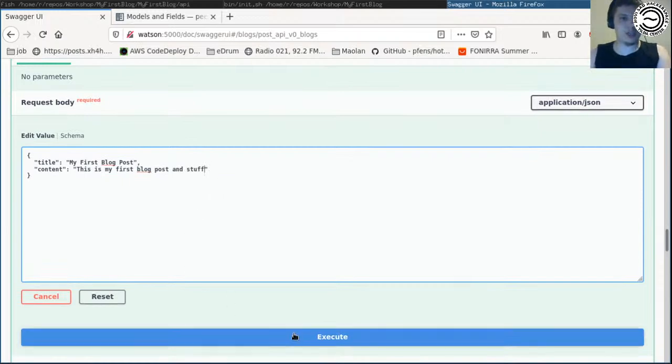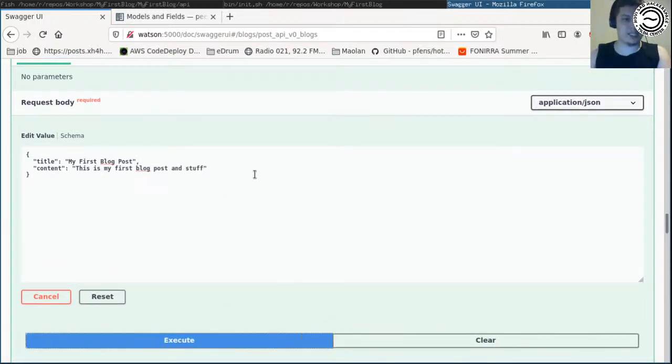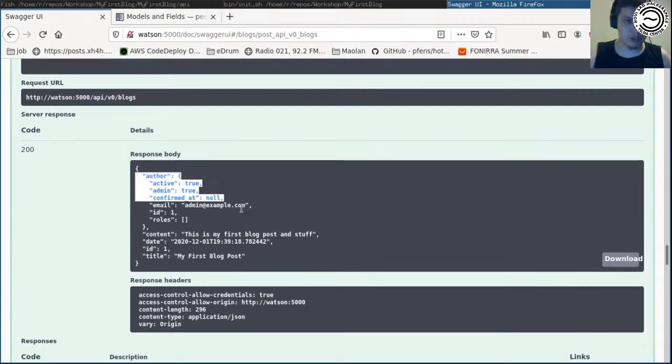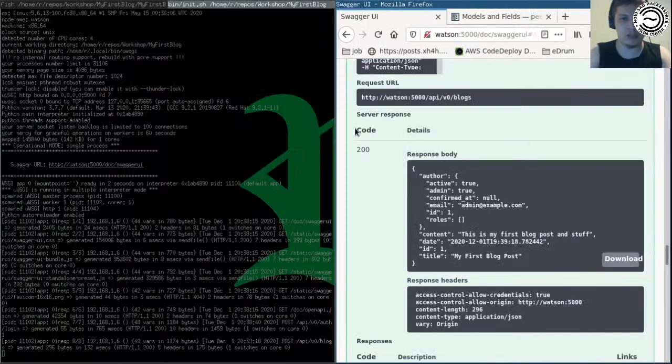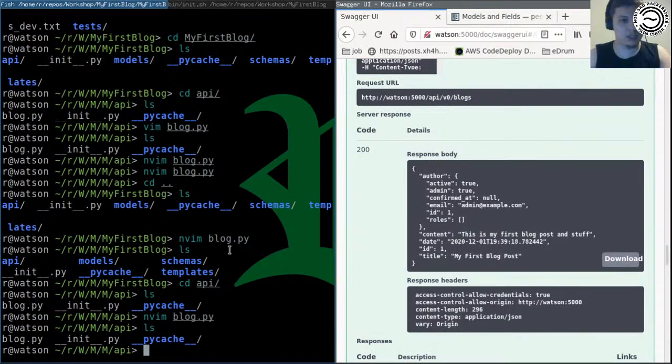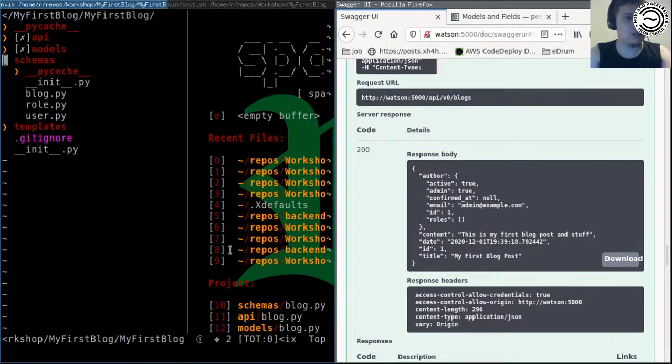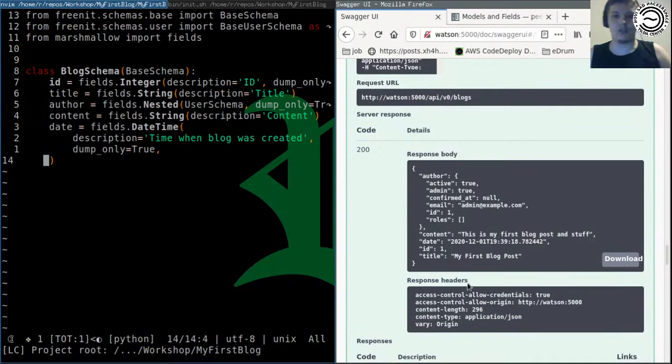Good. And when we hit execute, let's see if we messed up something. Okay, we got 100, and this is our response body. If you see, this is the response body, the schema we created. It's a little bit out of order, but let's take a look again, and let's open the schema. If you take a look here, we have our ID, we have our title, my first blog post,